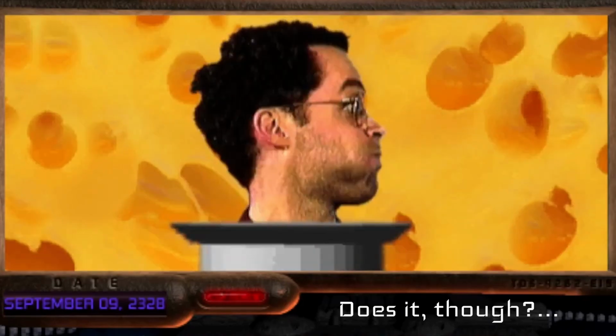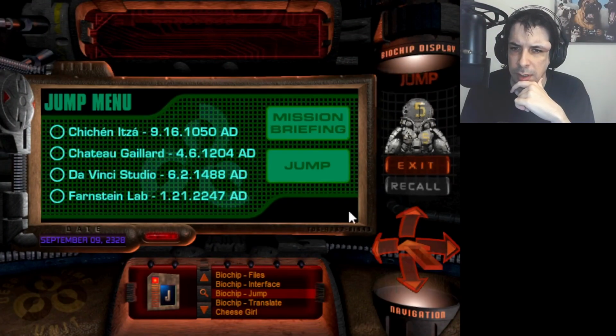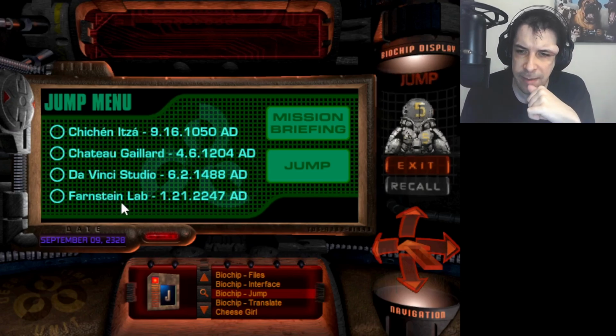Anyway, on with the game. Let's figure out where to go. Alright, we got Chichen Itza, we got Chateau Gaillard, we got Da Vinci Studio, we got Farnstein Lab. My instinct is to go to the lab first,